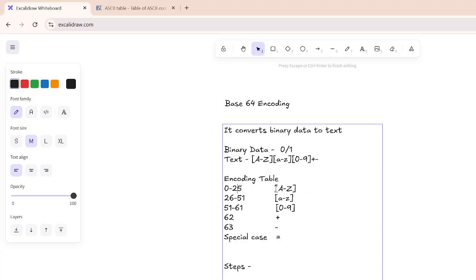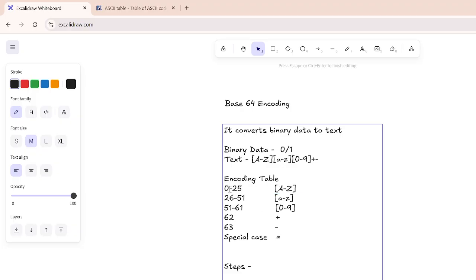You might ask, hey, you said that we will be converting binary data to text, but here you're taking decimal values, or numbers. Yes, actually we do convert binary to text, but it is not that easy to represent. So we have converted the binary to decimal to represent it easily. So this is the decimal value, and in place of this we'll have binary data that will convert to these